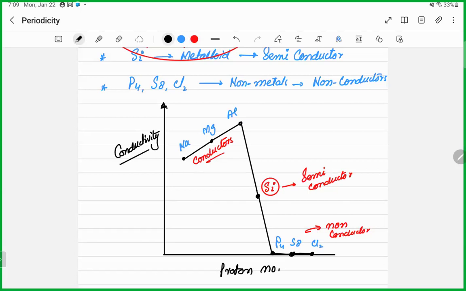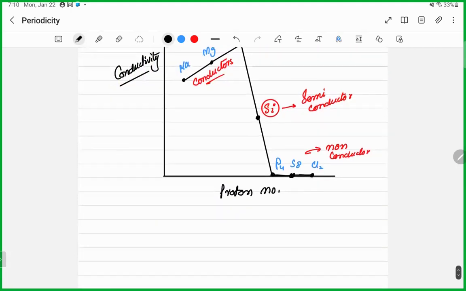As the number of electron increases within a metal, the electrical conductivity increases. Okay. Silicon is basically a metallite, so it has an intermediate electrical conductivity. हम इसे semiconductor कहते हैं. And all non-metals are non-conductor of electricity. At this stage, we're done with all the physical properties of these period